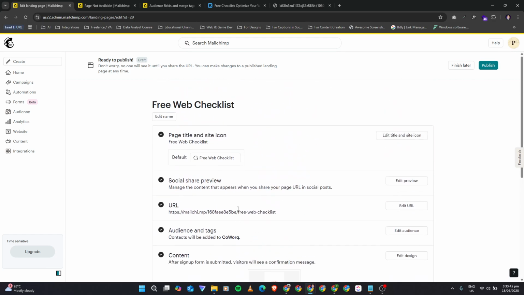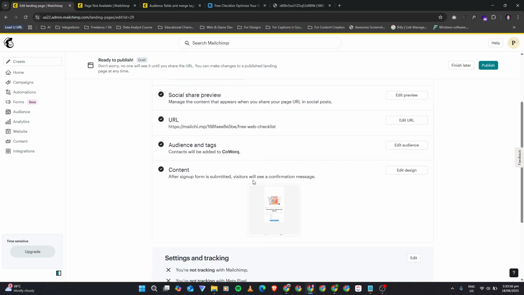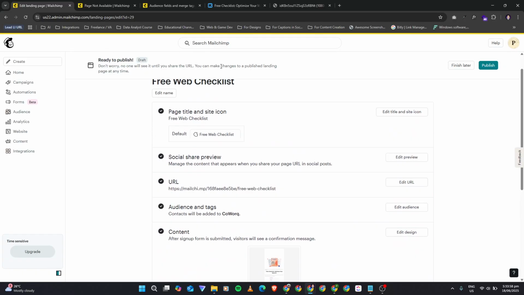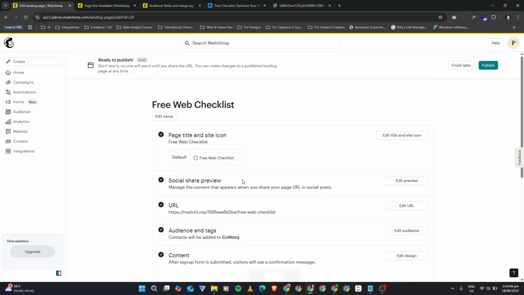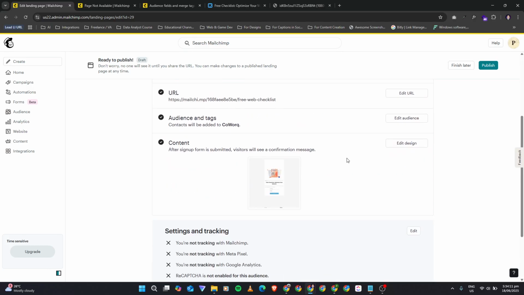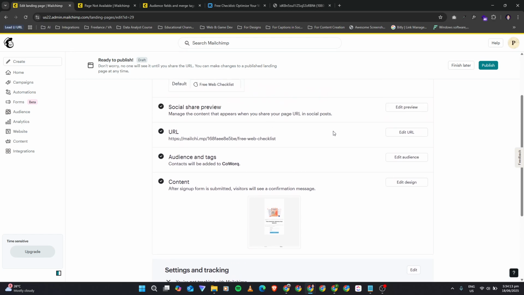So yeah, for the tracking, because it's not published also, maybe that's why. So we can still make changes after we publish this landing page. In that case, we can edit more. Aside from what we can see here, we can modify more.